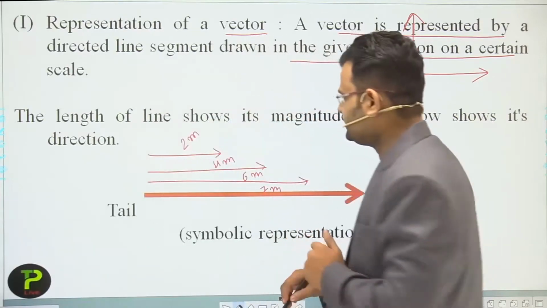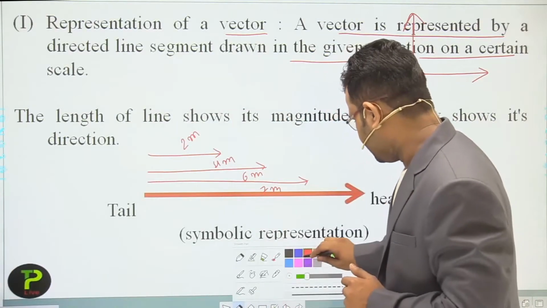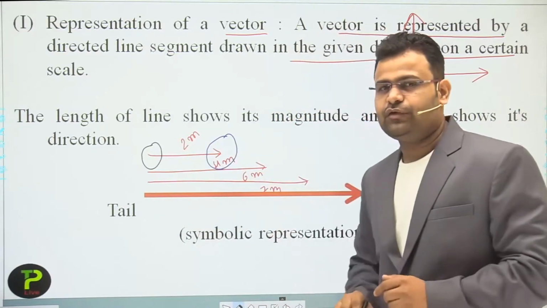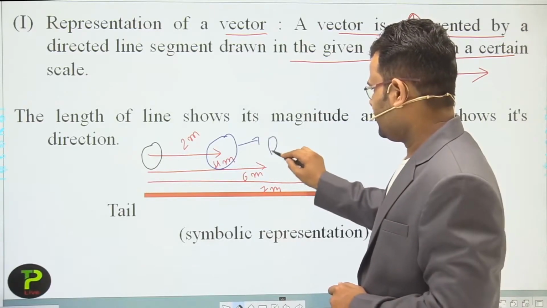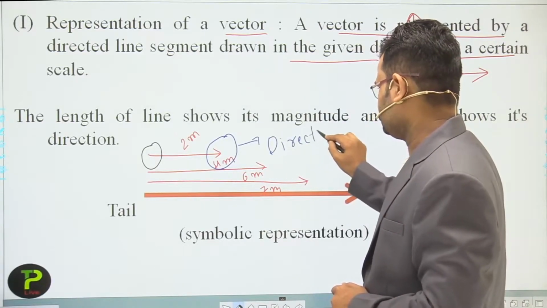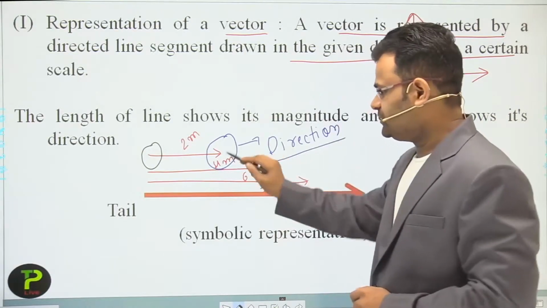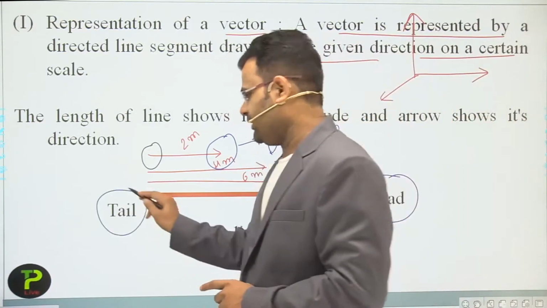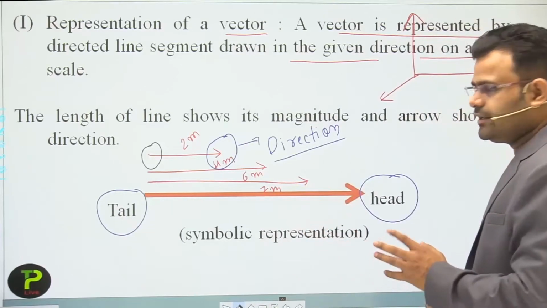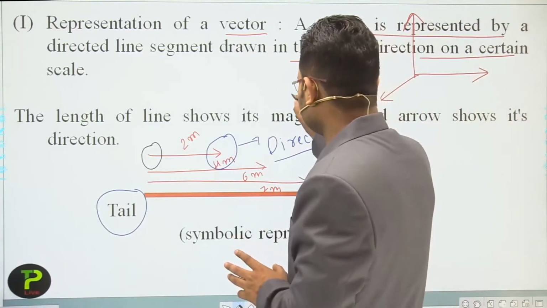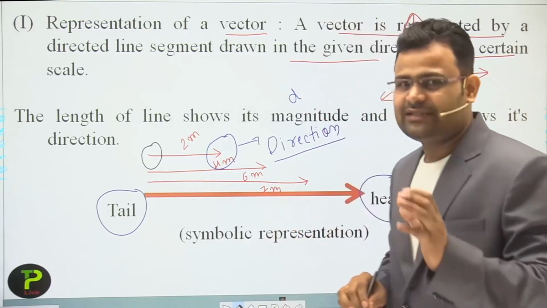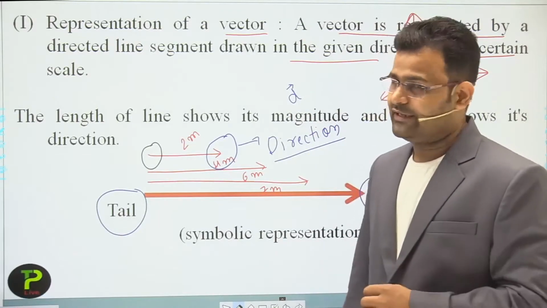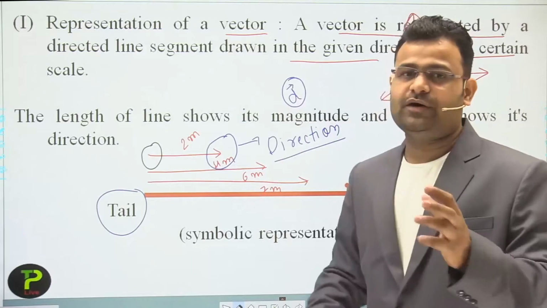And there are two more points: the first point is the head and the second point is the tail. That is the head and that point is the tail. The direction of the head shows the direction. Okay students, the arrow sign shows the direction, meaning the head points in the direction and the tail is the back side of that. Let's suppose you are measuring some displacement, and the symbol of displacement is d. How can you say that it is a vector quantity? Then the symbol is to mark an arrow above it. It shows it is a symbol of a vector quantity.